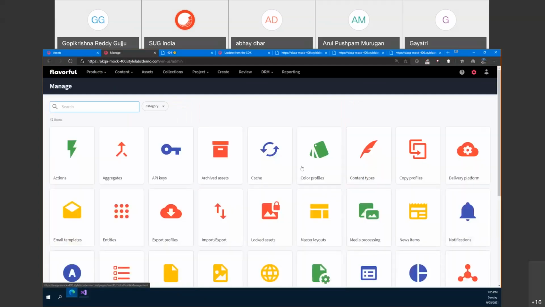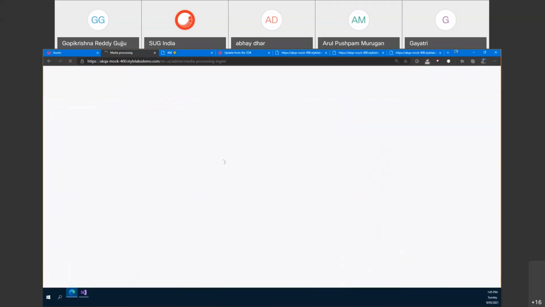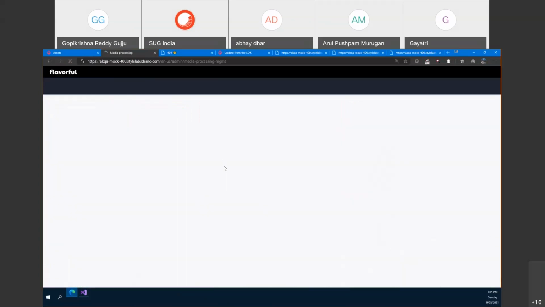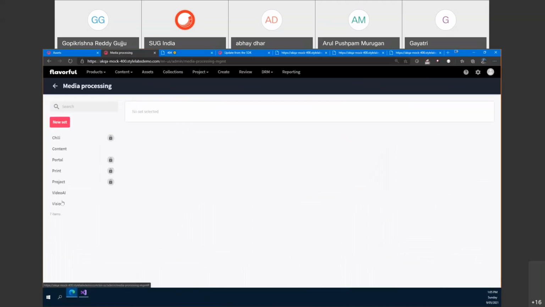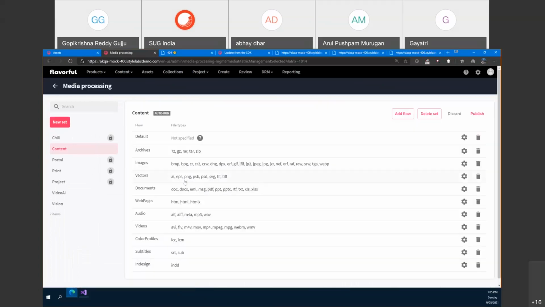So I'm going to the Manage section and Media processing. So you see here, images, all these image formats it supports now.